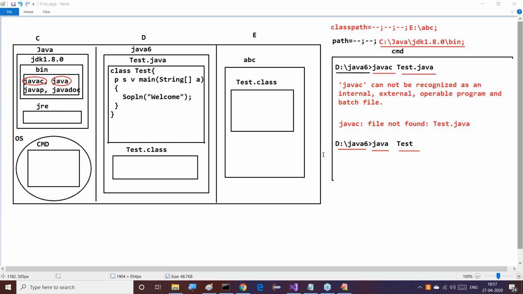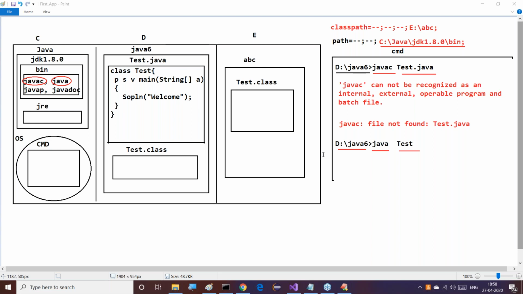Case number one, if the main method is not available, immediately the JVM will provide another exception. In the case of Java 6 version, that exception would be java.lang.NoSuchMethodError: main.